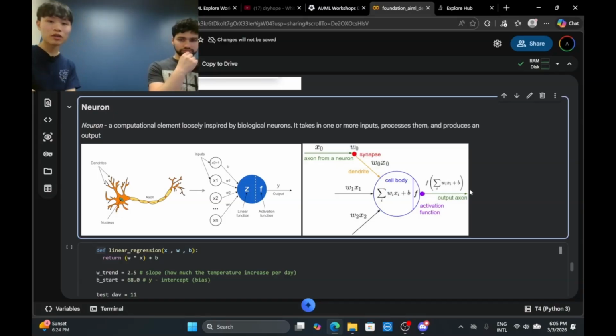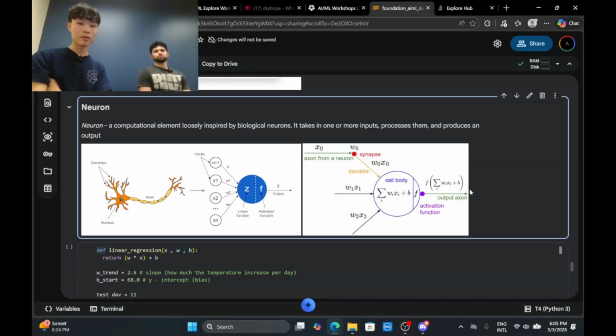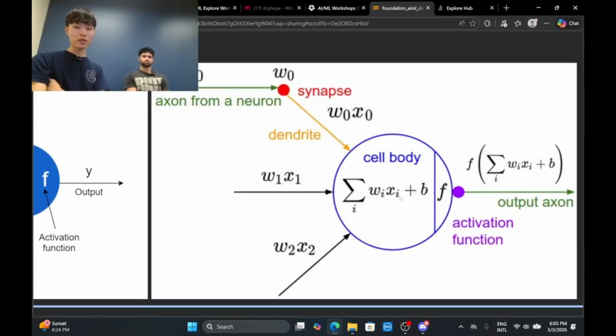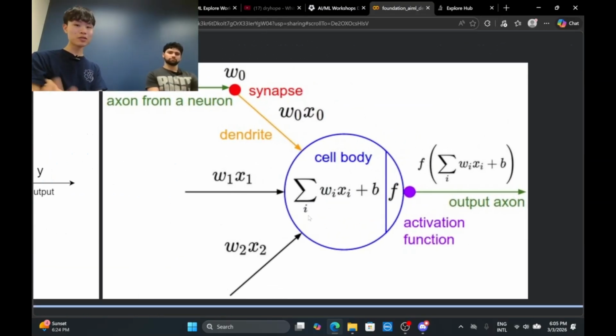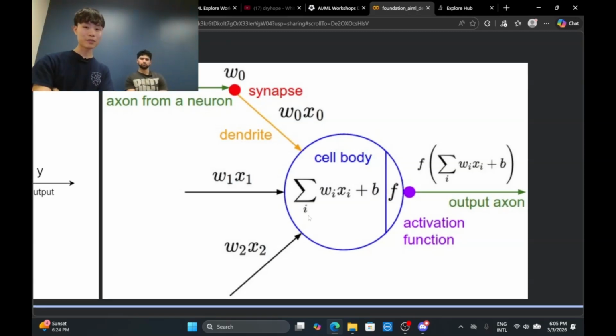And just to connect with Alex's explanation of the connection between linear regression and logistic regression. Right here, this is what a usual neuron inside a big neural network looks like. It has some input and it outputs something. But in the middle of it, it has cells, and this is what Alex was talking about.